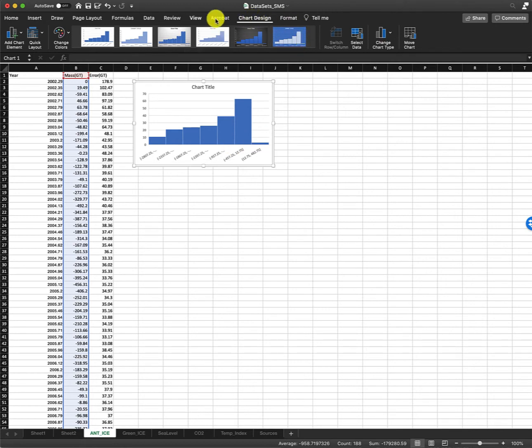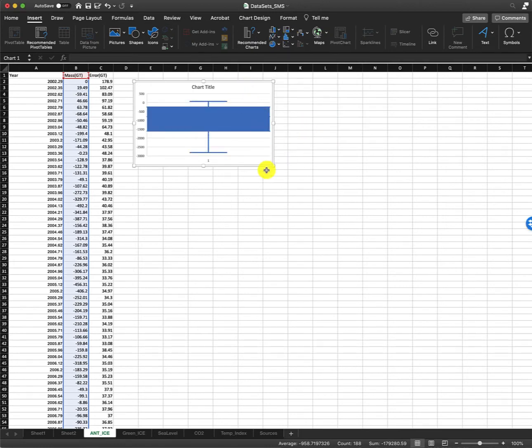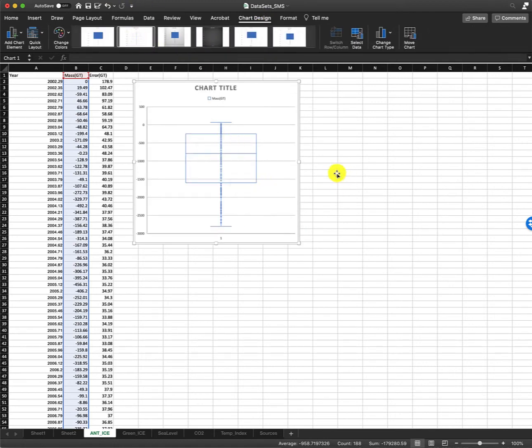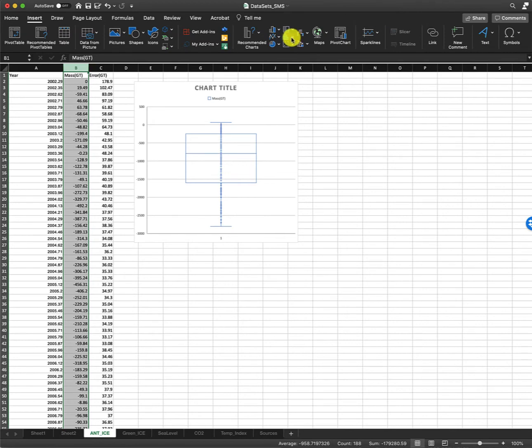We can also insert the statistical plot, the box and whisker plot, right? So you'll need to make these two charts, and then you will need to do a basic interpretation of these charts. So we can see from the box and whisker plot and from the histogram